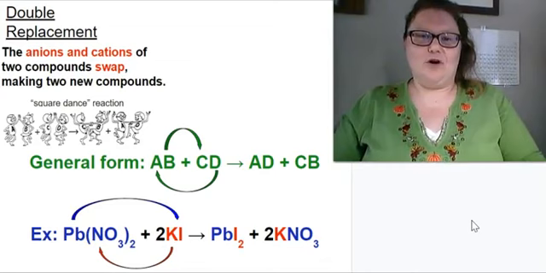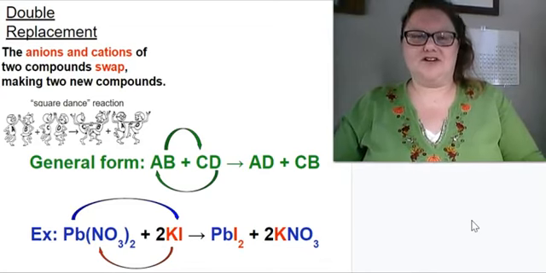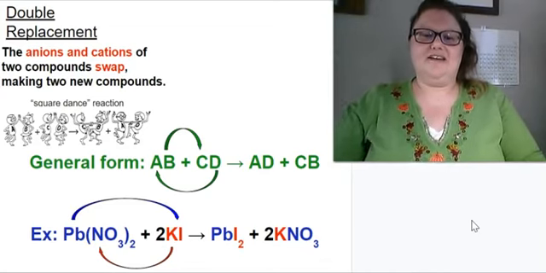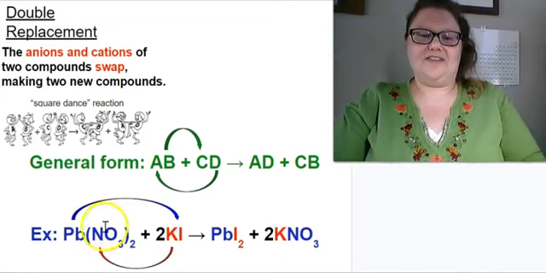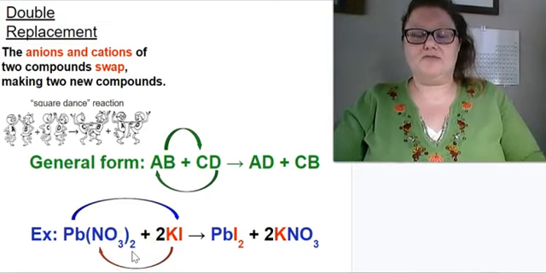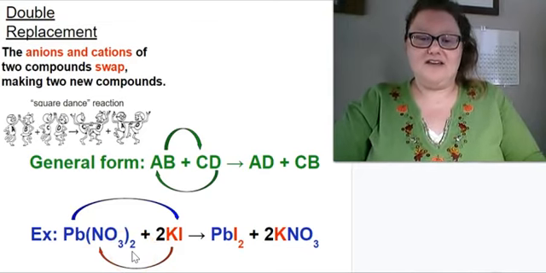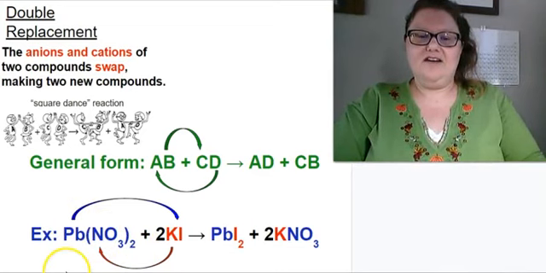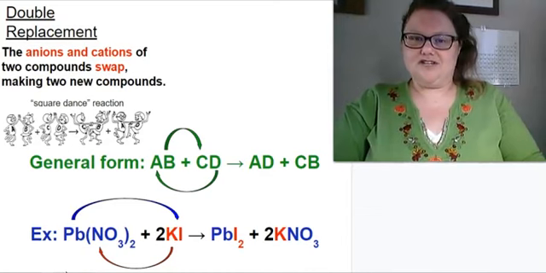Whenever you rewrite a formula, you have to redo the charges and the crisscross. We see here that the nitrate is in parentheses and there's a 2 after it. The reason for that is the crisscross. So this tells me, if we reverse it, that the lead here must have been a +2 charge to form